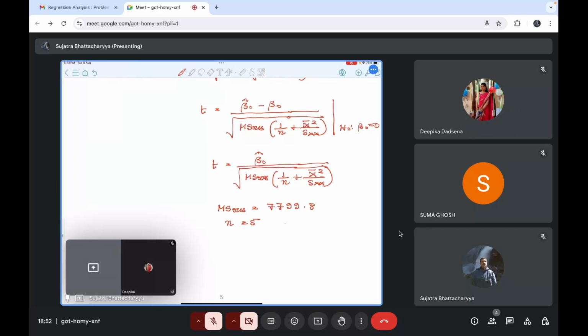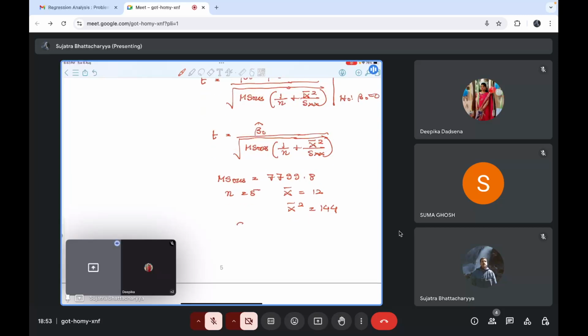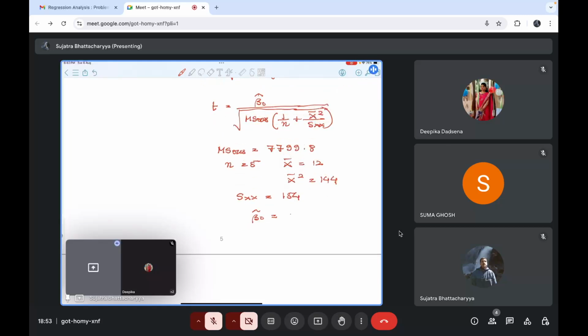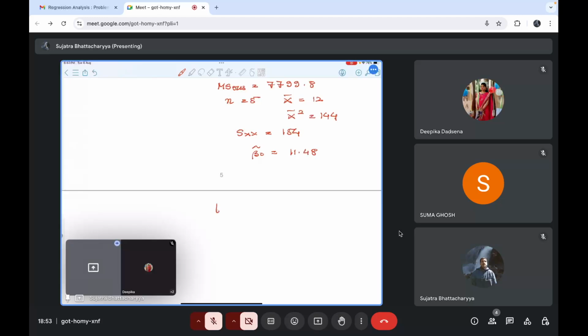Okay. Fine. So x bar, I have calculated how much it is: 12, by the way. So x bar square will be 144. Correct. And Sxx is 154. That is also calculated. Beta naught has also been done. The estimated intercept, we have already calculated, is 11.48. Correct. Now T is 11.48 divided by root over